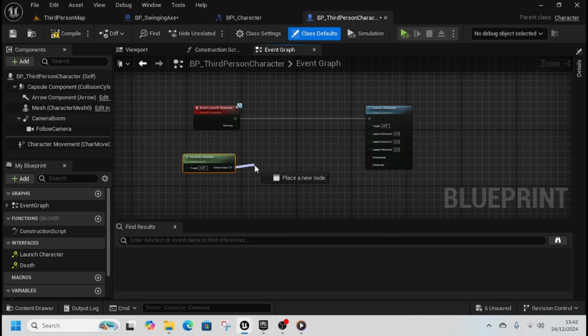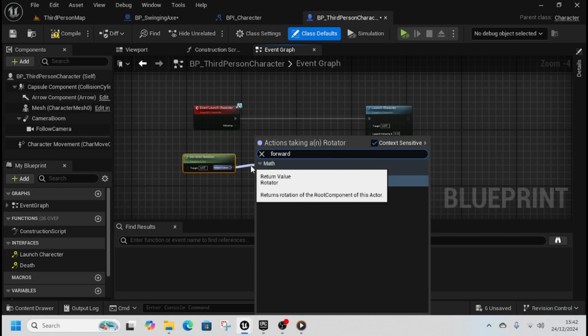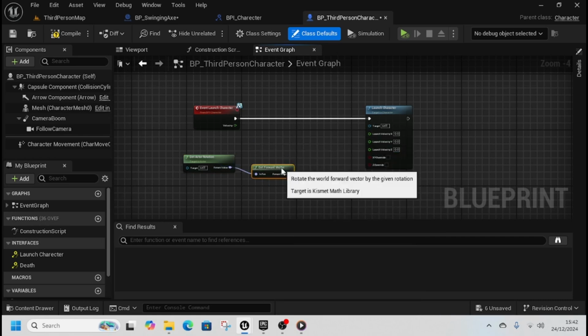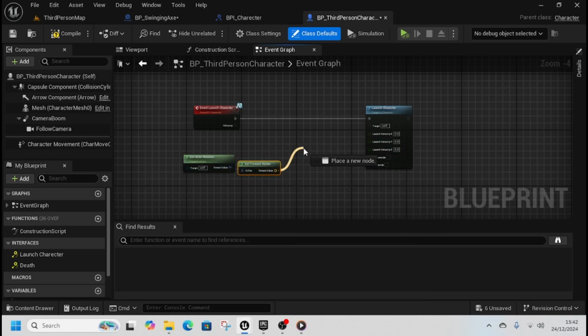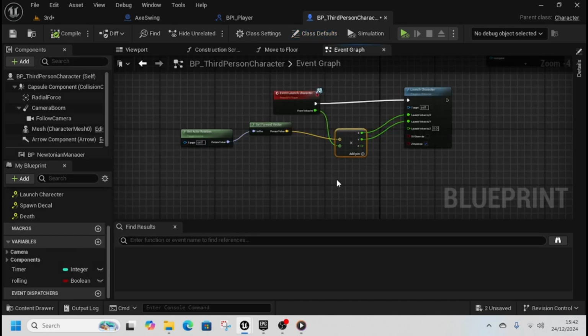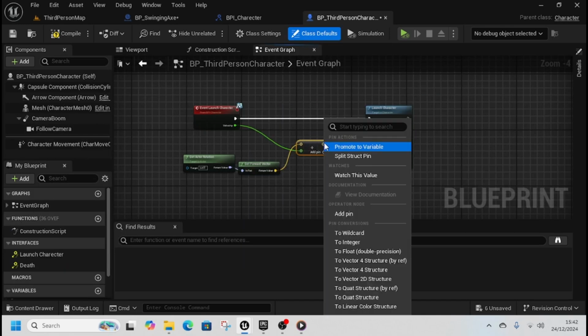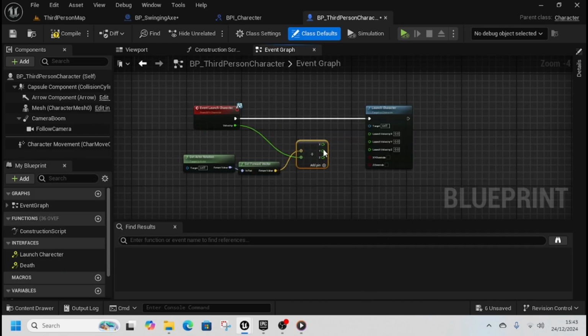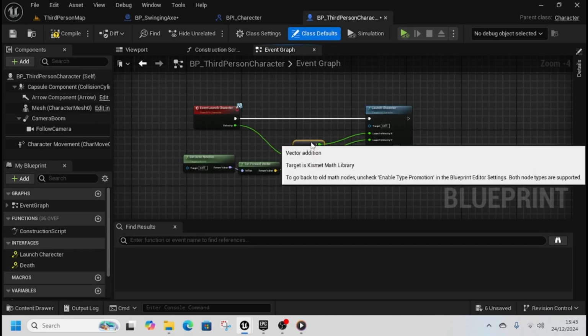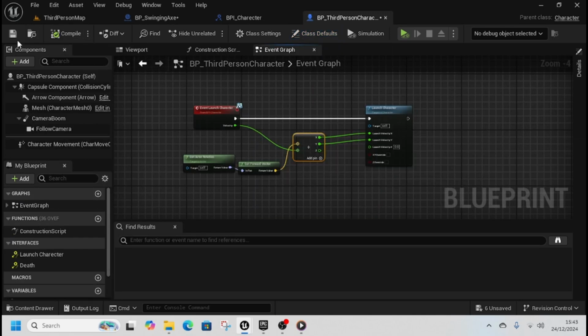We're going to get the forward vector. It's not actually "get", I know it is. And then we're going to add these two together like that. We're going to split this pin, right click, split, and then we're going to feed the X and Y into it. We don't want to feed the Z. We don't want to lift the character up into the air. So like that. Now we're going to go back to the axe swing,